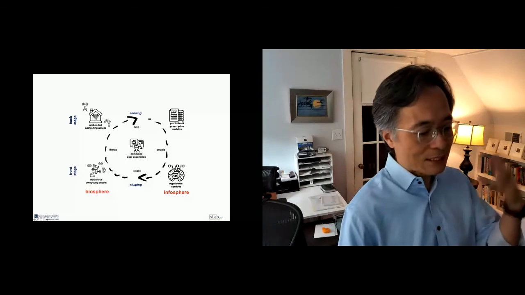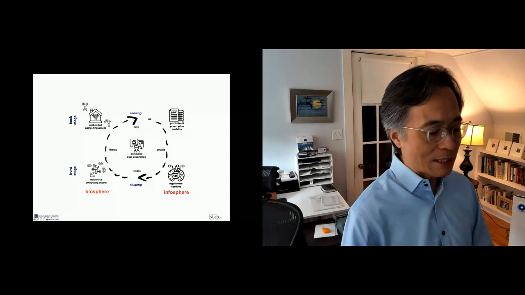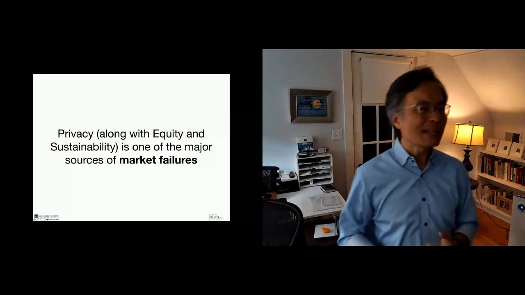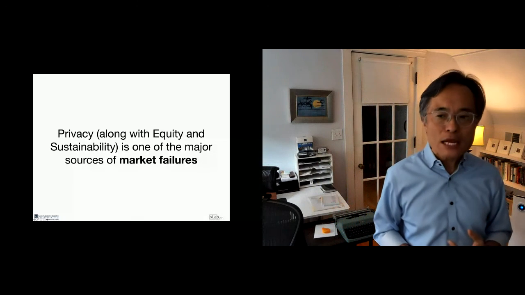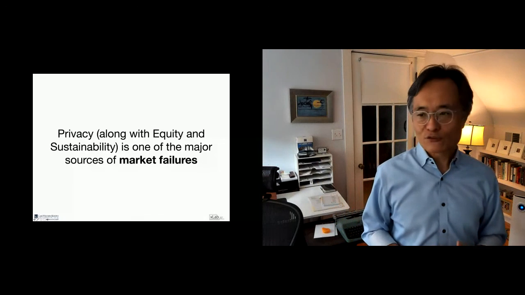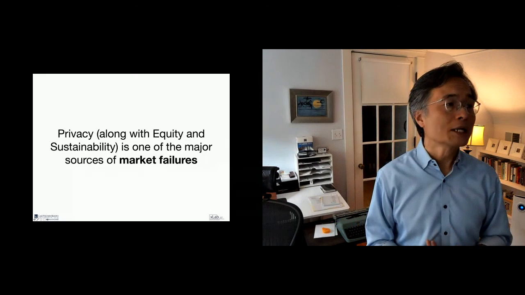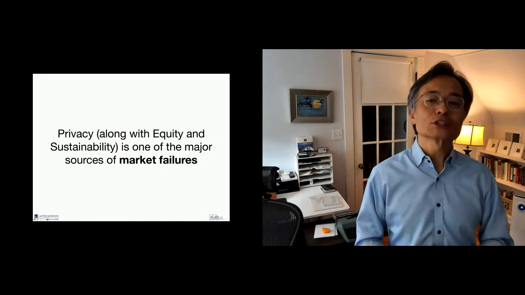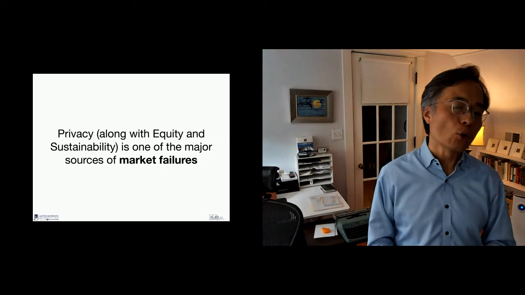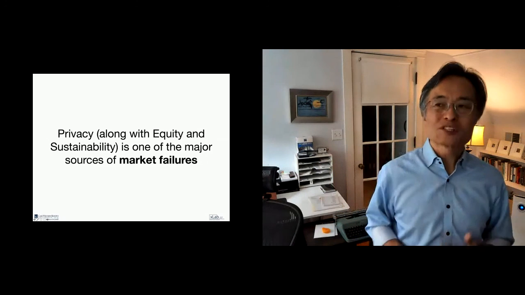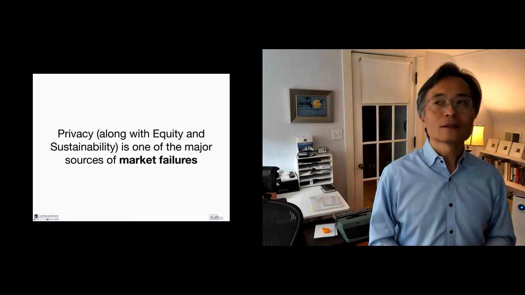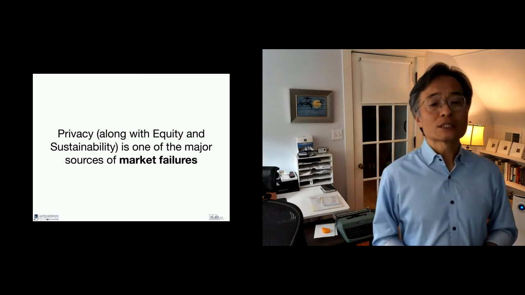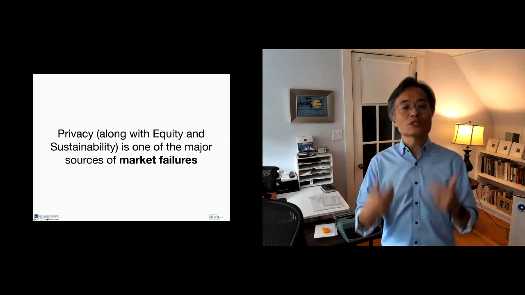Now, it's nothing new here. So what does this mean? As I said, in this particular trajectory there are at least three things that I think will be major sources of market failures that we will see. Privacy is one, equity is another one, and sustainability is the third one. Michael mentioned how ARM began its whole business as someone talking about sustainable computing. He talked about confidential computing. And then, quite frankly, equity is the third one, as the access to these computed